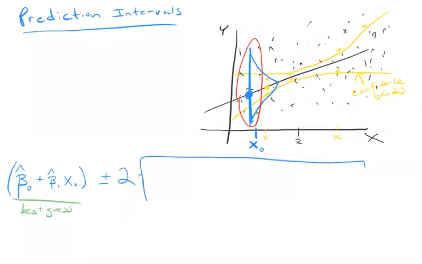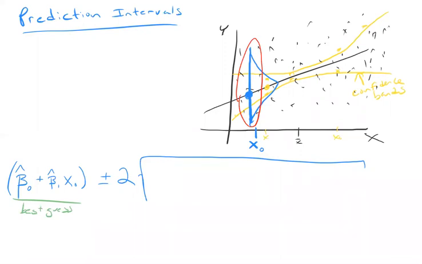Now, there's actually 2 sources of uncertainty here. There's 2 reasons that I don't know exactly what a particular person's y value will be. One of the reasons is that I don't know exactly where the line is. That's what we've already talked about. I had a confidence interval for the line, so I'm not exactly sure where the line should go. I have uncertainty about that. And then in addition to my uncertainty about the line, I know that there's going to be a residual, that the point itself will be above or below that line.